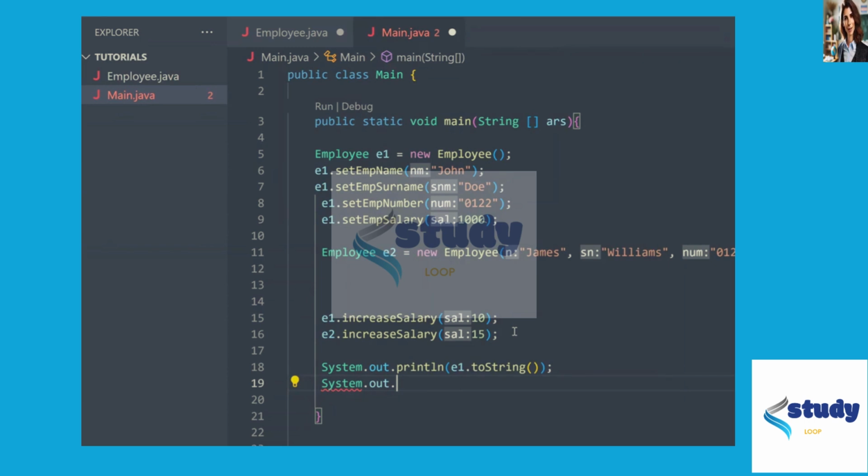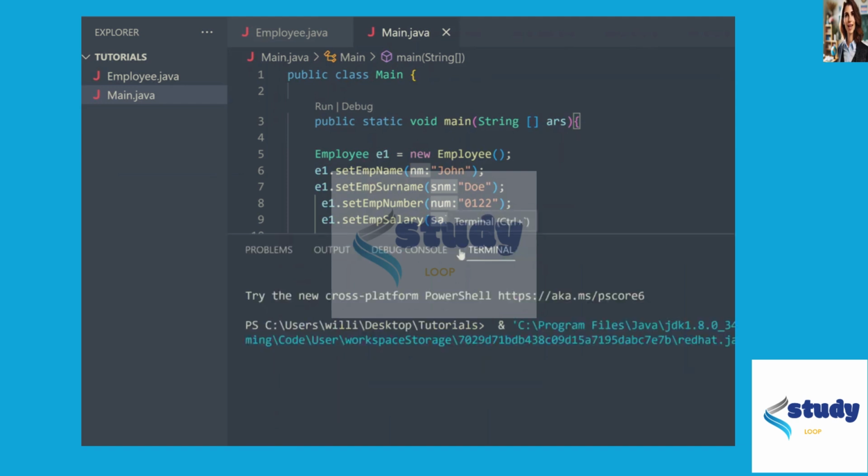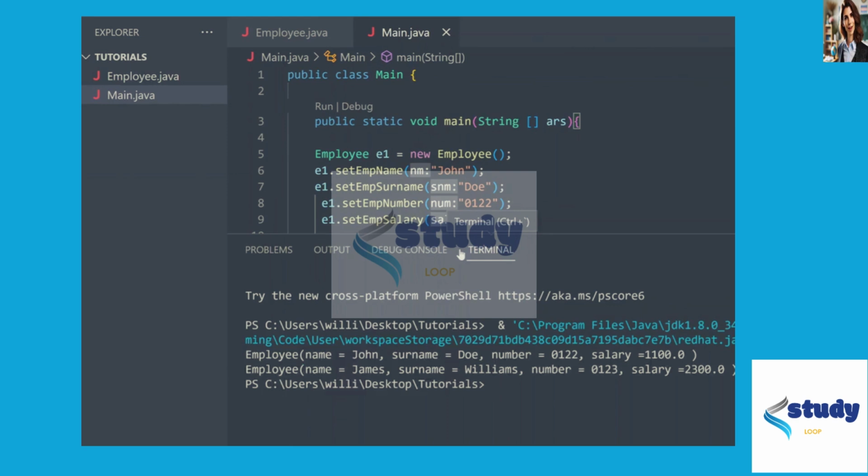Now let's run to see if everything is functioning as we expect. Okay, so we have the first employee